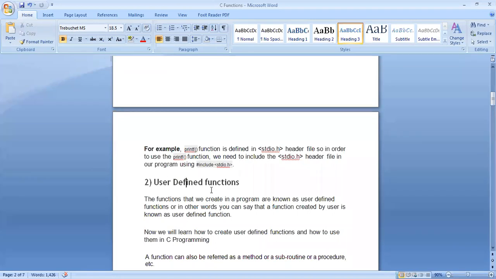So in case of user defined functions, you want to perform a task again and again. So you just design the function once. You just write the block of statements once. For example, addition, you just write it according to you. User defined functions means these functions are not available to the user. The user will have to explicitly write their own code. It is not like the predefined functions which are already defined. Here you will have to write your own code.